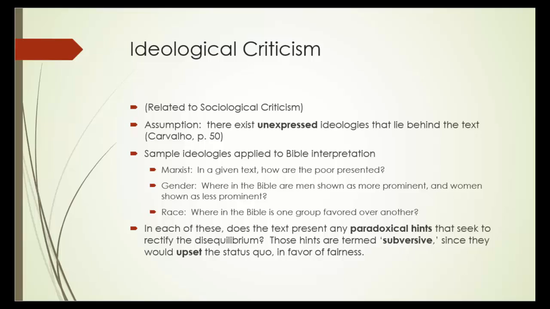It's paradoxical. All right, now we're coming to the last sentence on the screen. These hints are termed subversive since they would upset the status quo. Status quo is Naaman's got the power and the servant girl is dispensable. She's insignificant in terms of the value system of that day. And yet, by virtue of the fact that she is the person with a solution, we see that the storyteller, the chronicler, the historian from Israel is saying, in God's economy, she is incredibly, incredibly important. In fact, Naaman's survival and health, she holds that in her hands.